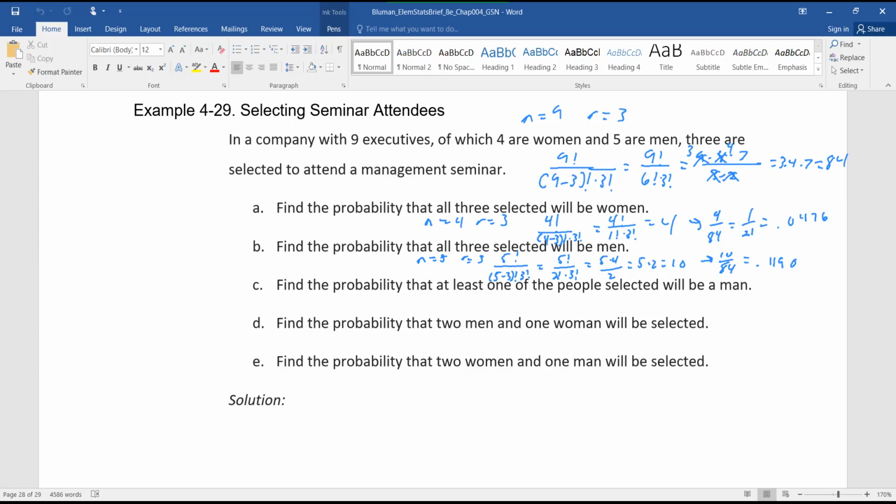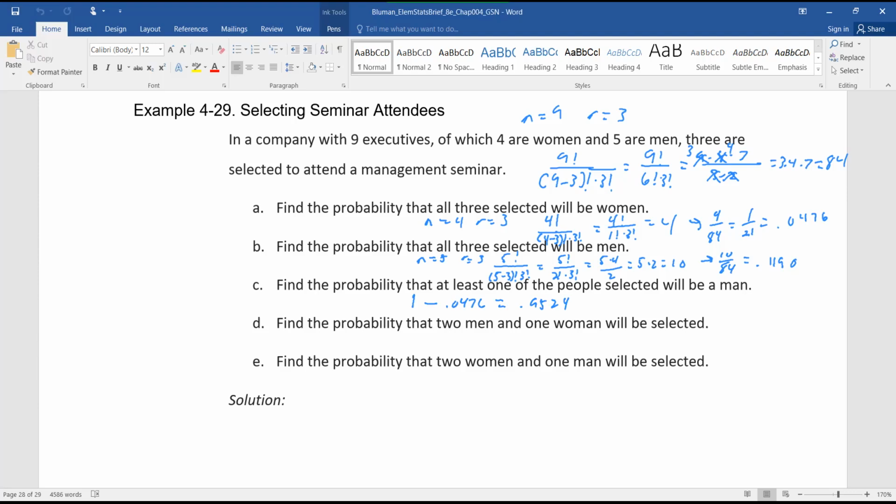So if we do that as 1 minus no man selected, where's that at? 0.046. Then I'll find out where at least 1 man will get selected. That's perfect, man. I was about to do this a lot harder. Way to think, guys. So in this situation, the probability that at least 1 man gets selected is a 95% chance that at least 1 will be going to this seminar. Questions on that? All right.